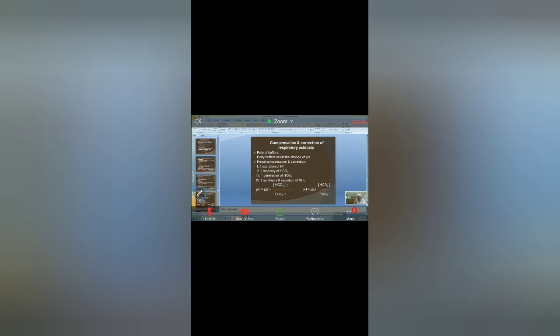As there is acidosis, there will be increased elimination of the protons, recovery and generation of the bicarbonate, and synthesis and secretion of the ammonia, that will ultimately compensate the